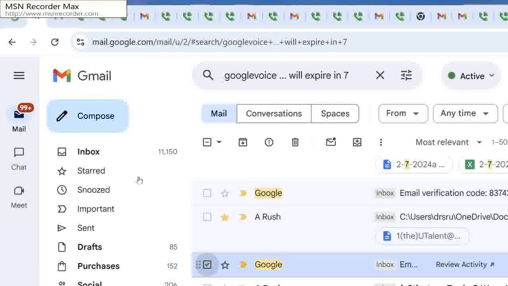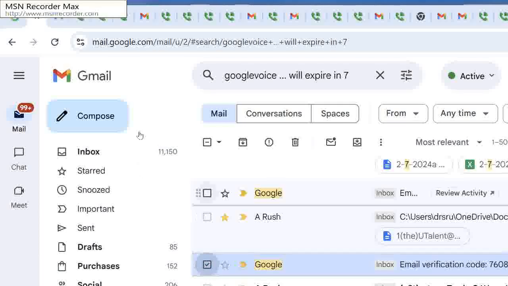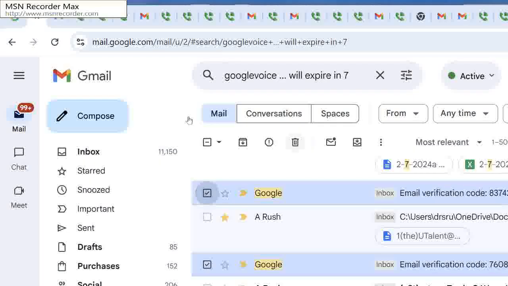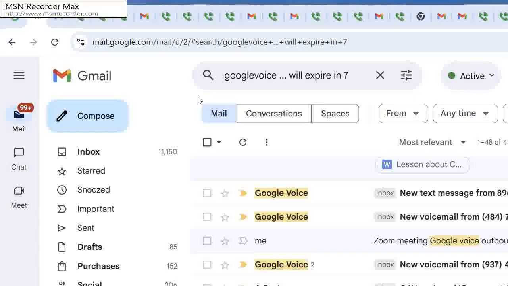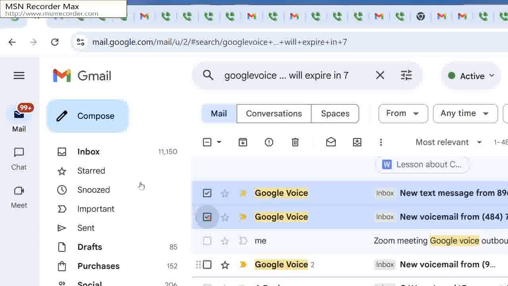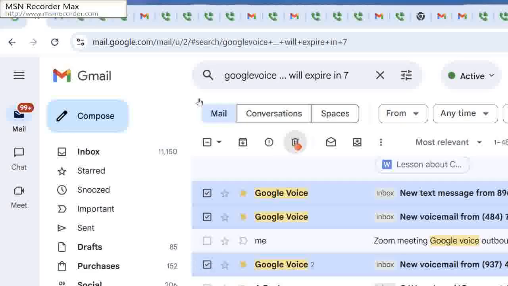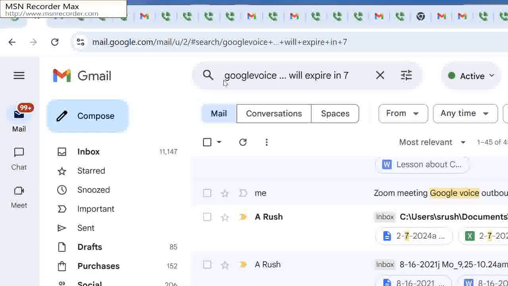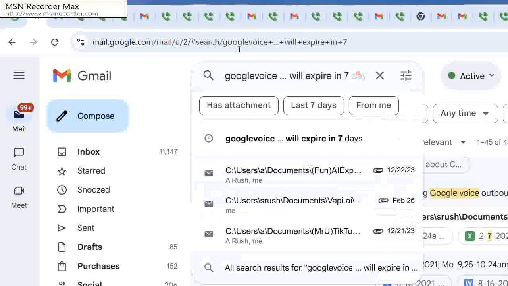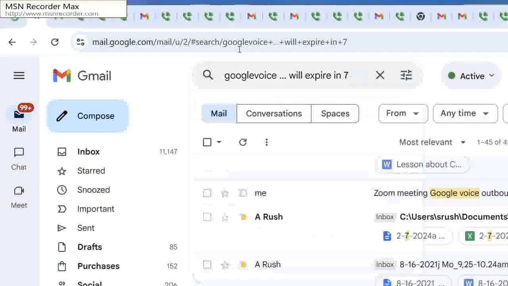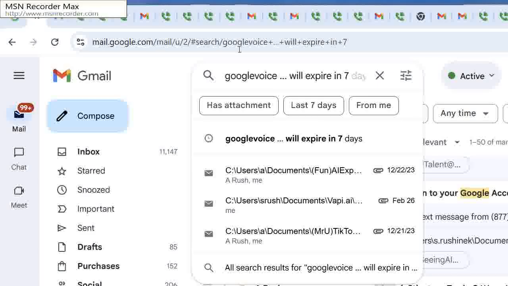No, I got a bunch of emails that I need, or voicemails that I need to delete. None of them is relevant to the issue of expiration, so I'm deleting those that are showing up.